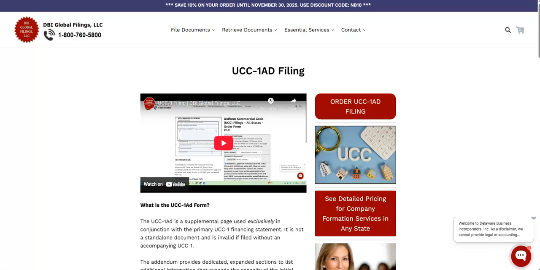Mastering the UCC-1AD, when and how to use the Financing Statement Addendum. When securing a significant commercial loan, the standard UCC-1 Financing Statement might not always provide enough room for all of the necessary details. What happens when you need to list an extra debtor, a second secured party, or detail real